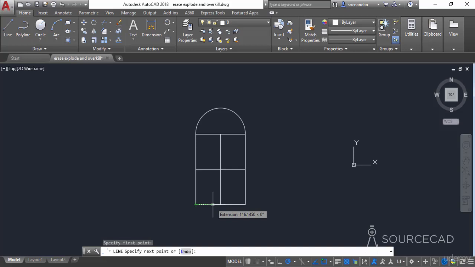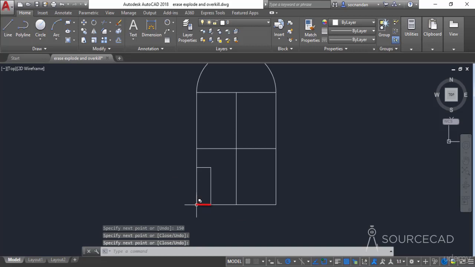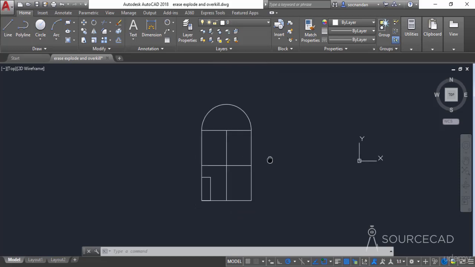And now from that point I need to select a distance of, let's say, 60 units. So I'll type 60, press enter, and now I need to move upwards and I need to enter a distance of 150 units, press enter, and now I need to join it with this point. So now in this case, you know that we have an overlapping line here which is above this line, and in a similar way there may be situations where you need to create many overlapping geometries.